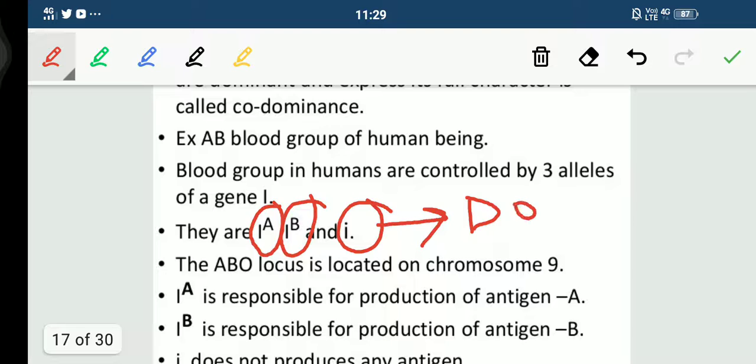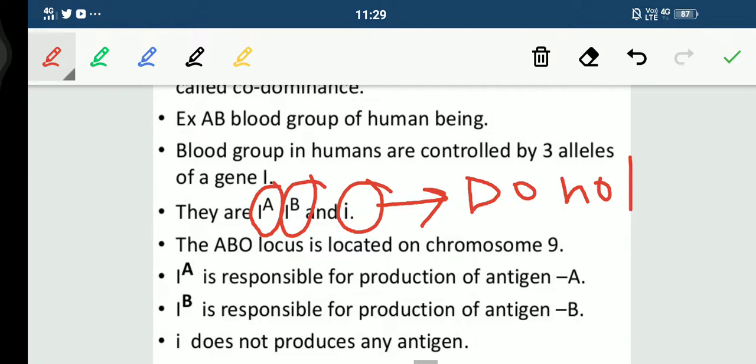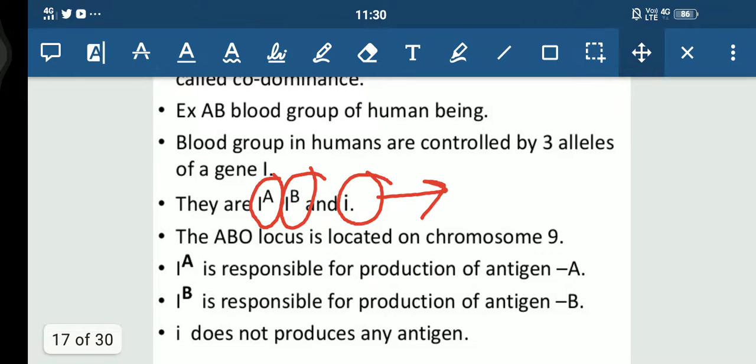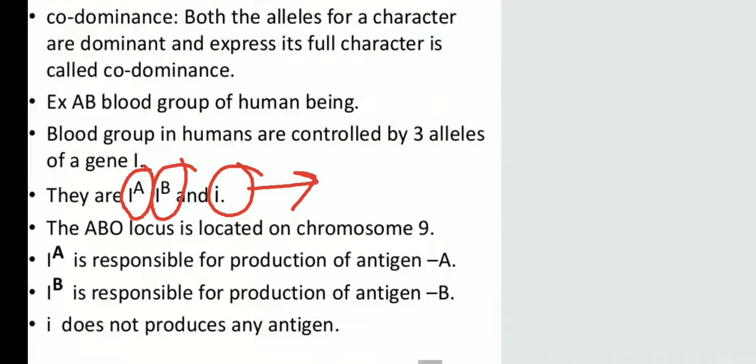Fine, it does not produce any sugar. Now students, the ABO locus is located on chromosome 9. Fine. And i does not produce any antigen. But talking about IA, that is responsible for the production of antigen A, and IB is responsible for the production of antigen B. Now a very important thing I would like to show you, students, is